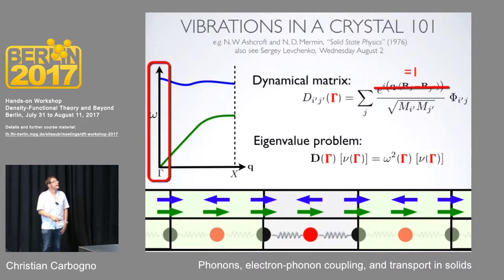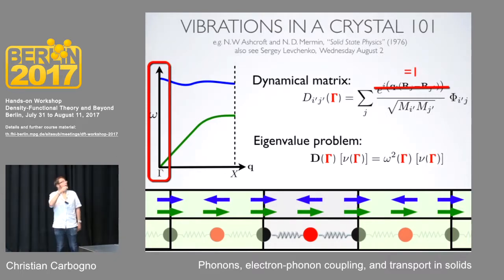It's zero. And then you have an additional mode, the so-called optical mode, in which, again, the individual cells are in phase to each other because we are at gamma, but the actual atoms in the unit cell are vibrating against each other, and this gives you a finite frequency here.